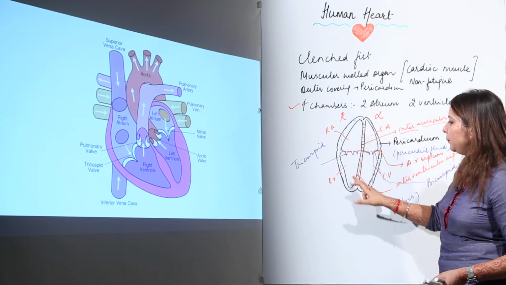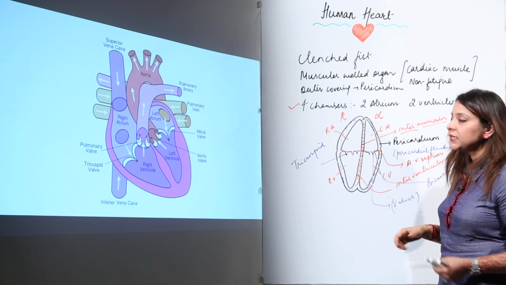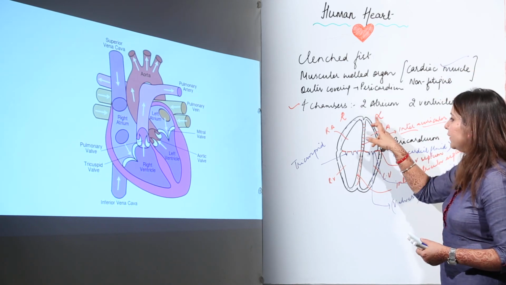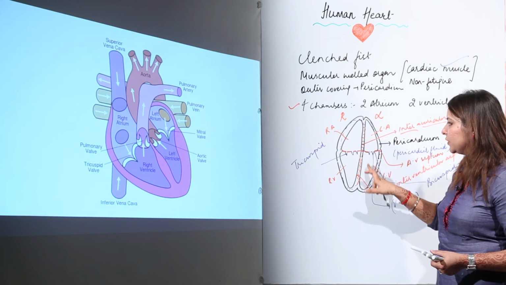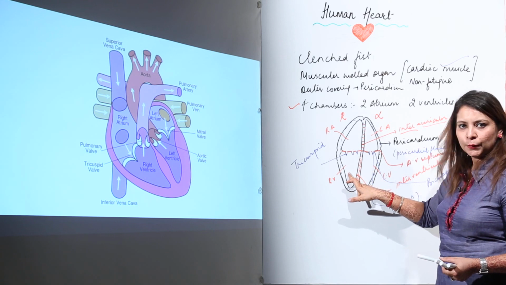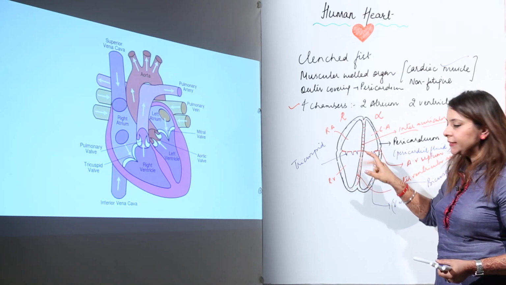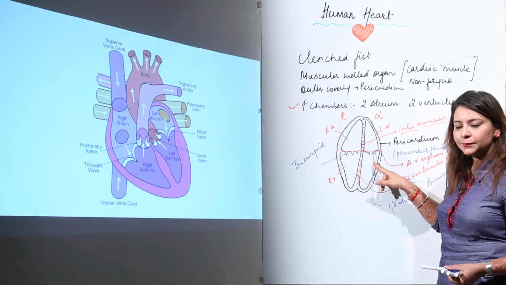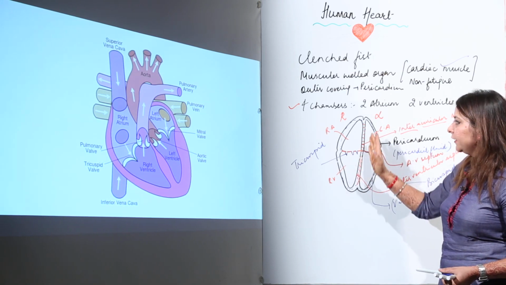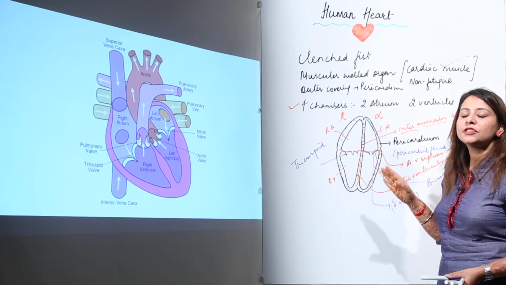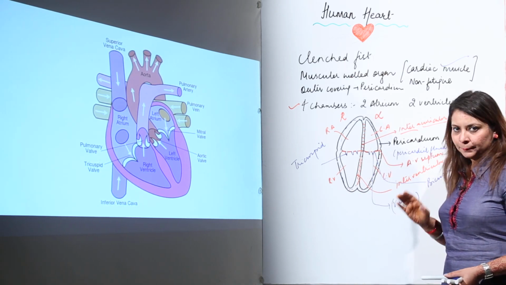This is the outer layer, the pericardium, filled with pericardial fluid. It has a special muscle, cardiac muscle, which is a non-fatigue muscle. On the left and right side, we have the left atrium, left ventricle, right atrium, and right ventricle. The two auricles are separated by the intra-auricular septum, the two ventricles by the interventricular septum, and the auricle and ventricle by the AV septum. The AV septum has tricuspid valves on the right side and bicuspid valves on the left side. Valves prevent the backflow of blood.